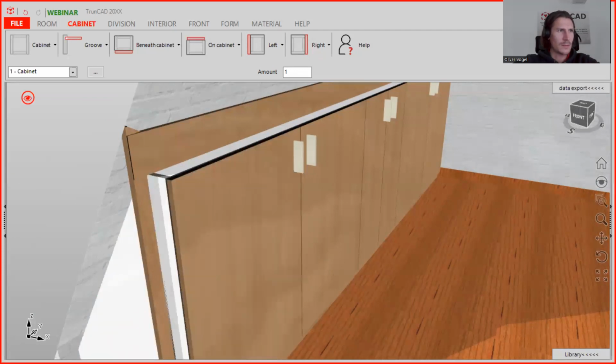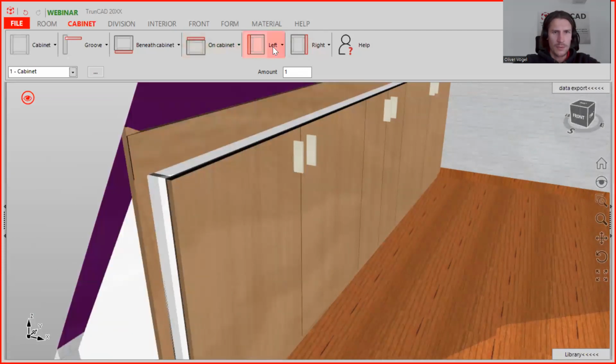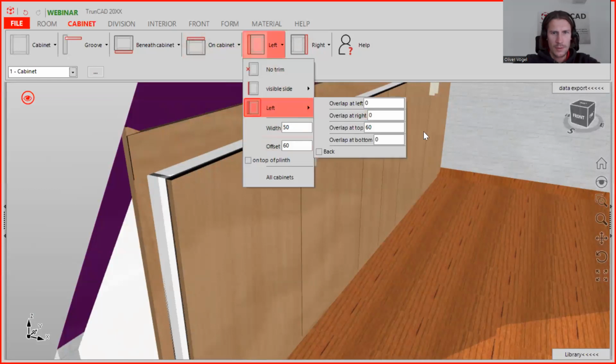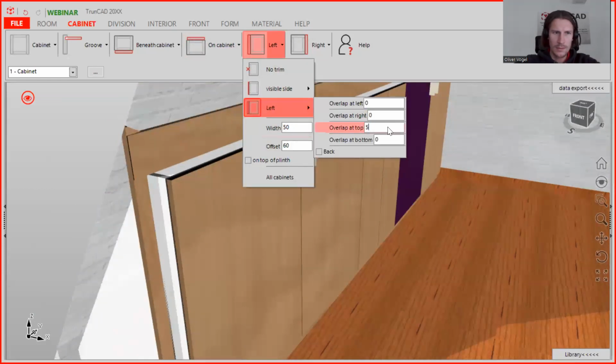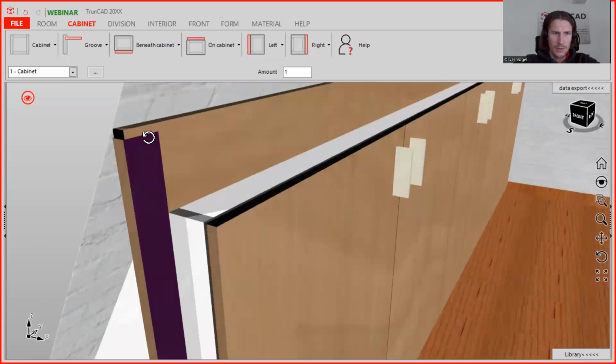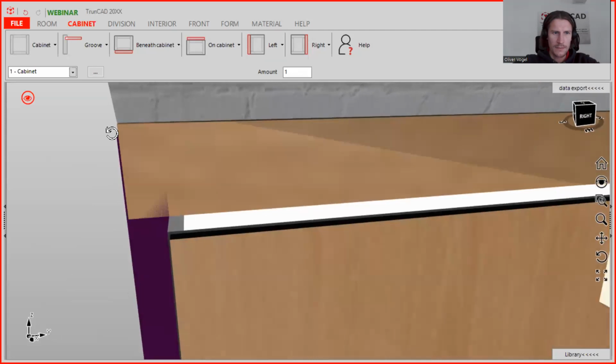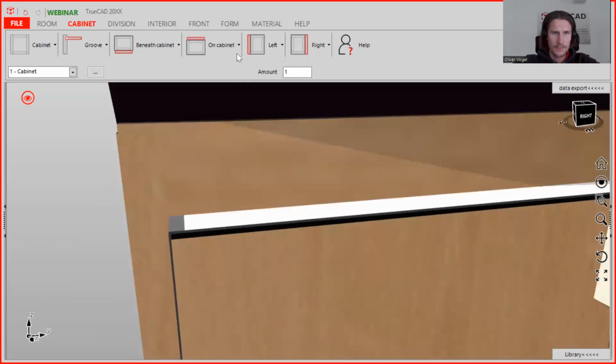Offset 60 is right, and overlap to top is 50. Yeah, now it's working, and here for the cabinet on top,